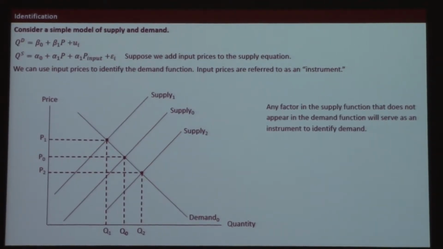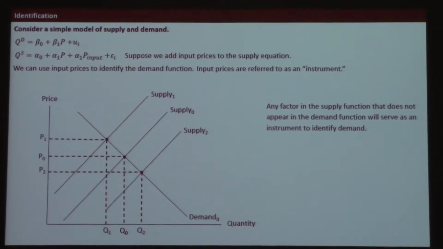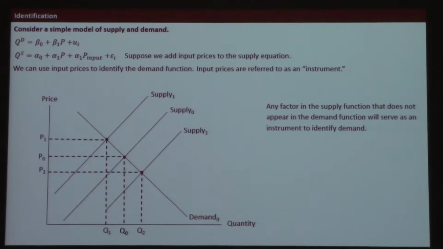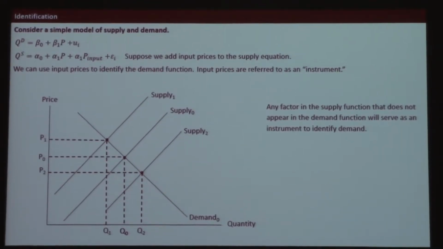We gotta understand those factors. That's why we went over that. We gotta understand those factors that affect the supply curve, so that we can use those to identify the demand curve. Usually, the most obvious one is input prices. Input prices are usually pretty obvious to use as an instrument to identify the demand curve. But it's got to be something in the supply curve that's going to shift that supply curve up and down so that we can trace out or identify that demand